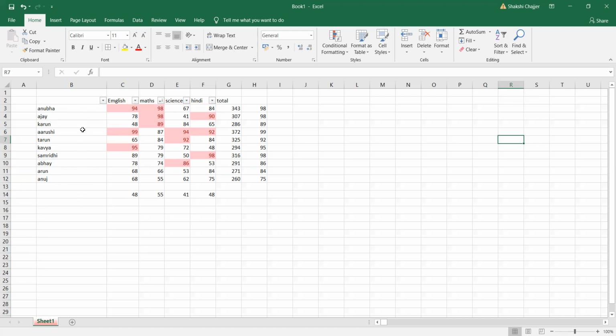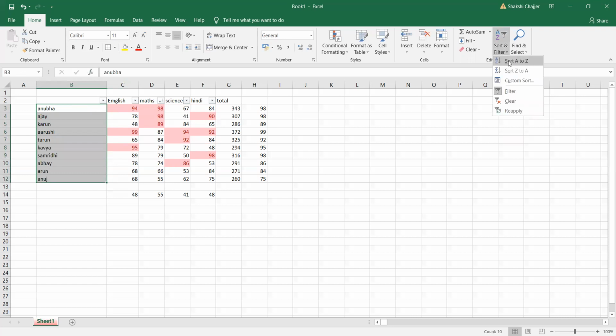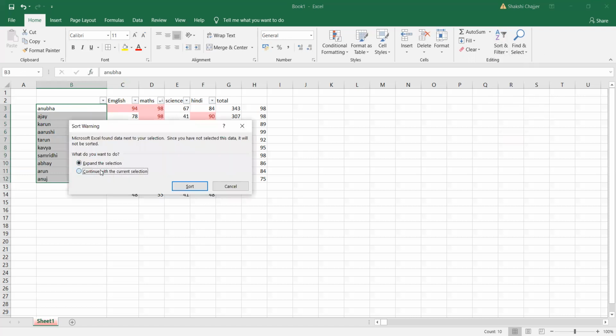Even the names are getting changed. Now, names are not staying in the same place, which happened when we just selected this row and clicked on sort A to Z.